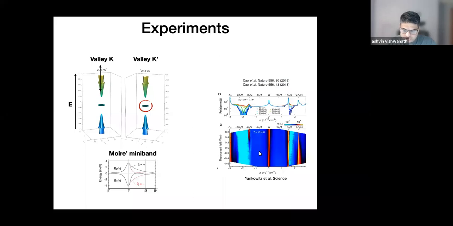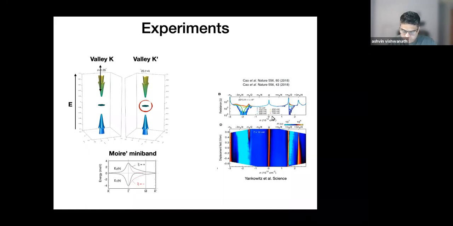And one thing I want to make sure we all are on the same page about is the notation for the filling for this phase diagram. Okay, so on the x-axis, you have the density of electrons. 0 is the charge neutral point. And if you fill either in the plus or minus direction, add electrons or holes, you have 4 electrons per Moire unit cell or 4 holes per Moire unit cell. Those correspond to completely filling or completely emptying these bands. Okay, so a total of 8 from the bottom to the top. And 8 comes from these 3 degrees of freedom, spin, valley, and the fact that you have 2 bands touching each other.